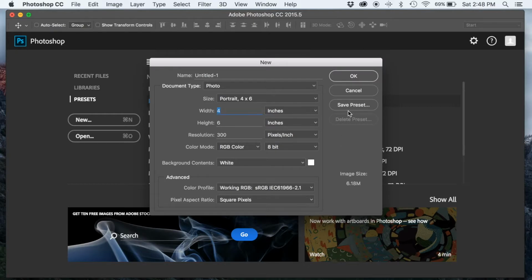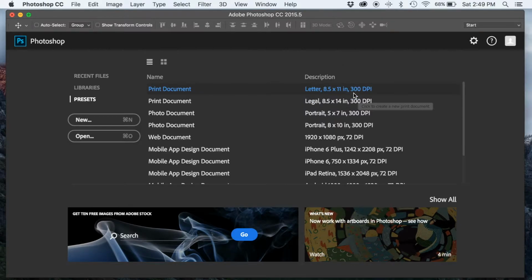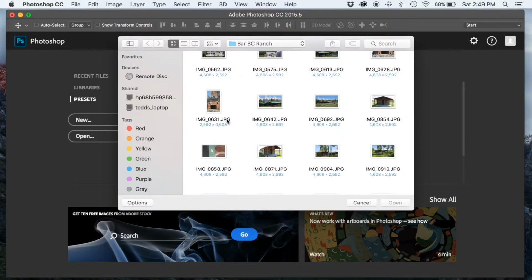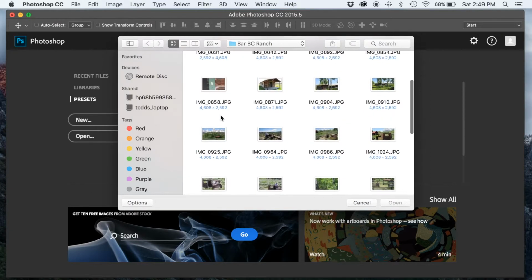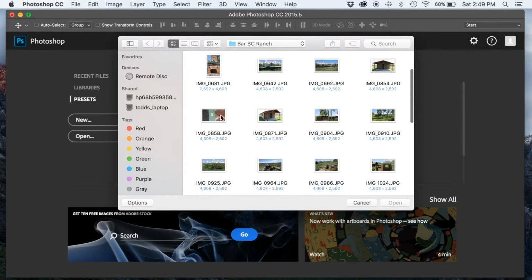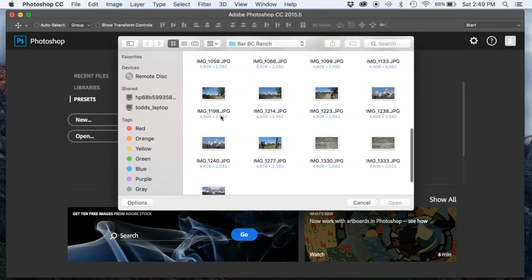You can even save a preset. This gives you a little hint as to the image size they expect with these dimensions that you've added in here or you've chosen. Or you could actually open a photo